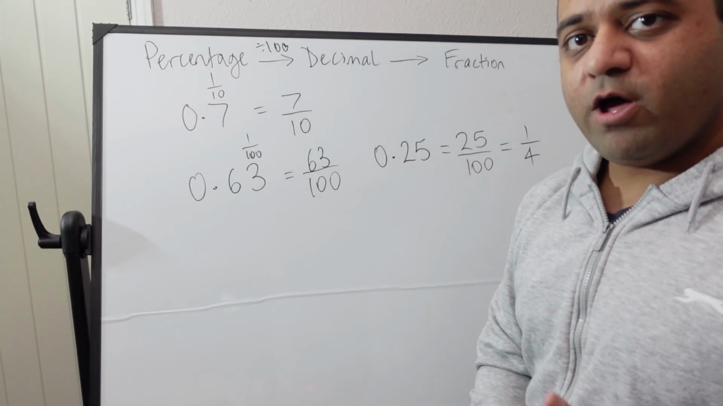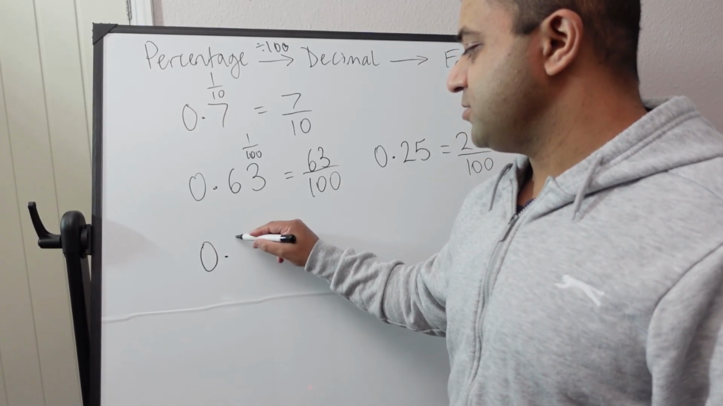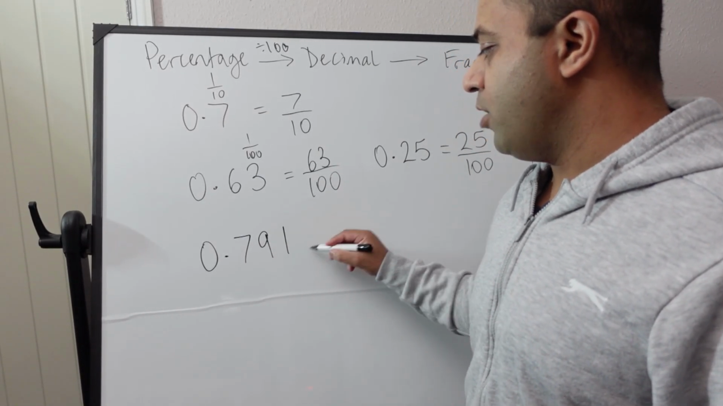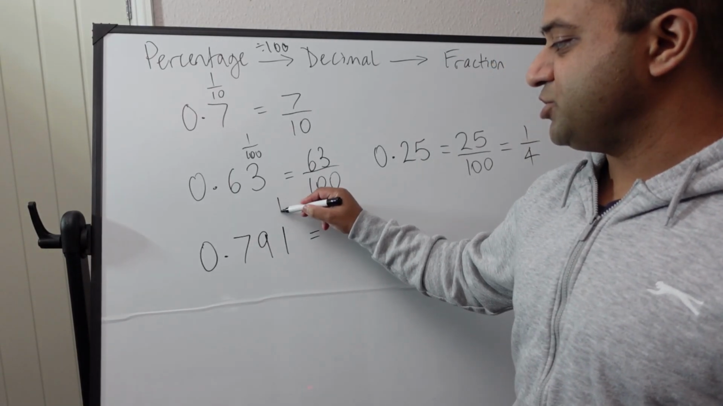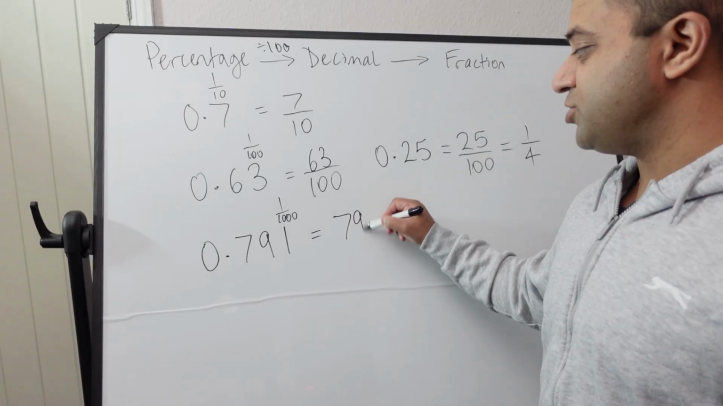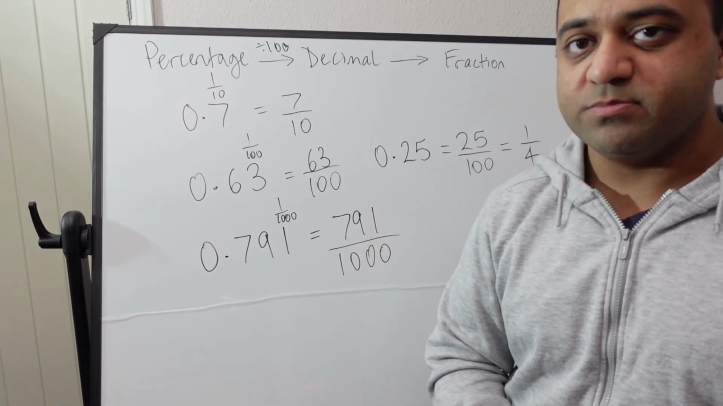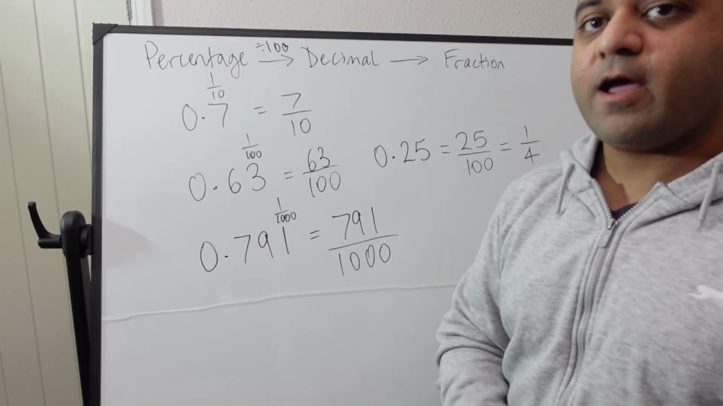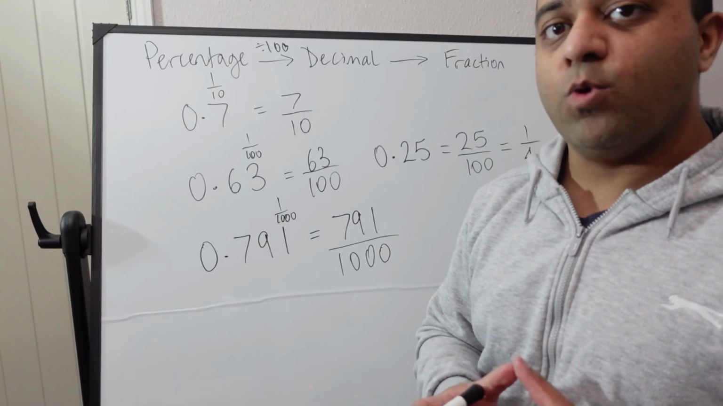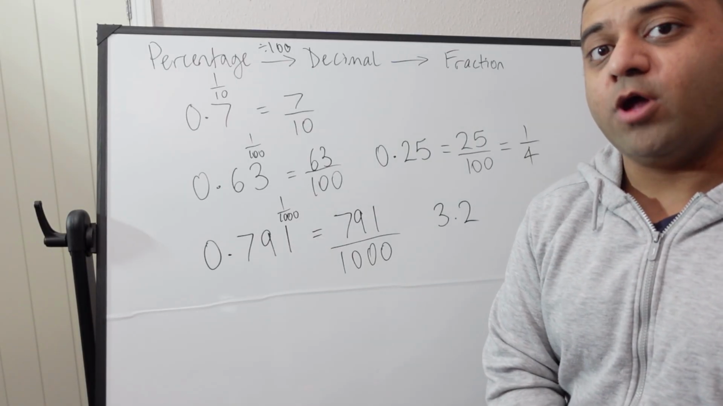If we go further to 3 decimal places, 0.791, then this position is the thousandths position, so that's the fraction that we'll use with 1000 on the bottom, 791. And this doesn't just work with numbers less than 1, we can also convert numbers that are greater than